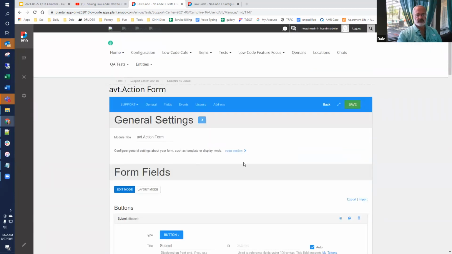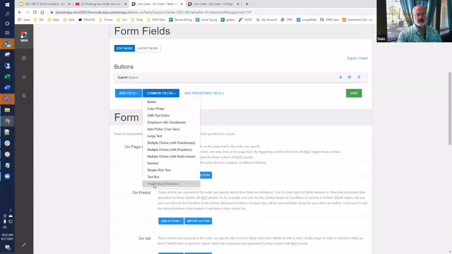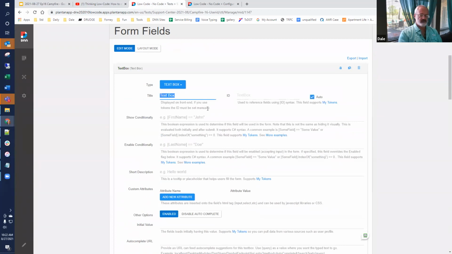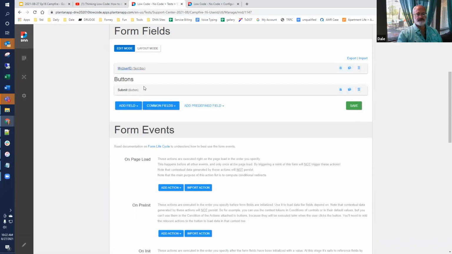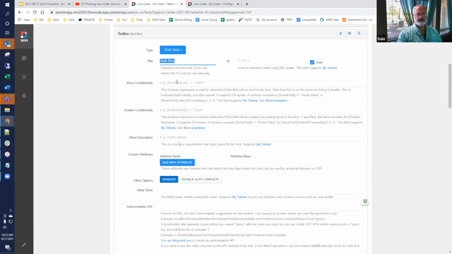Actually, I'm going to put a text field, and this is going to be my user ID, with an initial value of user. So we'll see where we are when we start, and then another one, workflow.